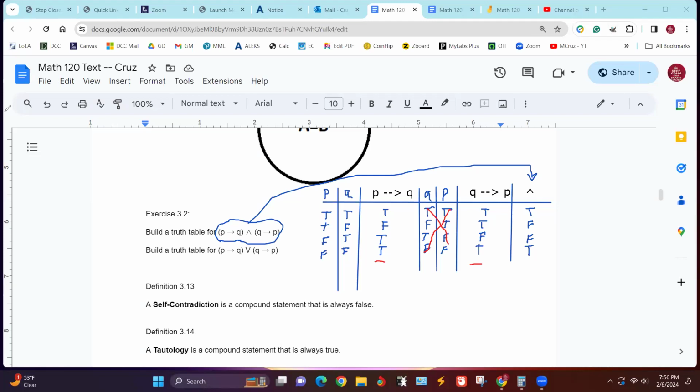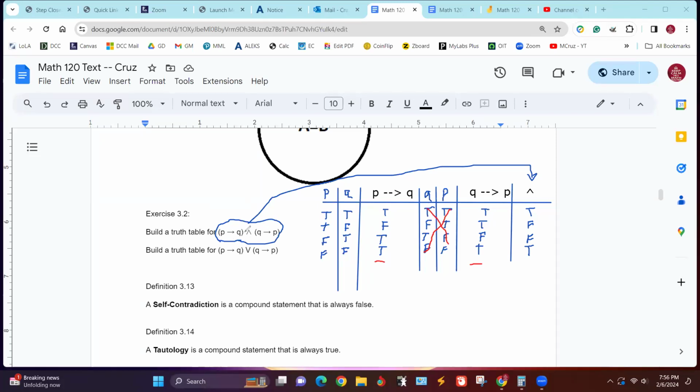All right, now you'll have some of these to do, and these things will be different for the most part. If they're exactly the same for two different statements, as we talked about in the last class about equivalence, then they're what we call equivalent. Now, you might notice this right here is the same thing as the biconditional.